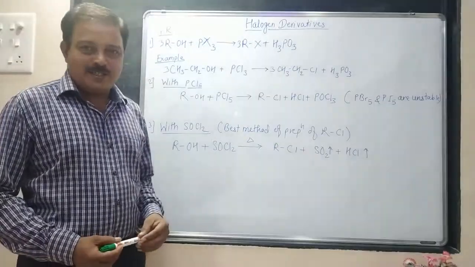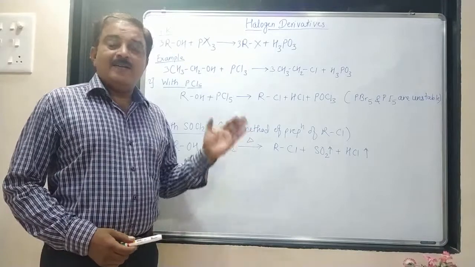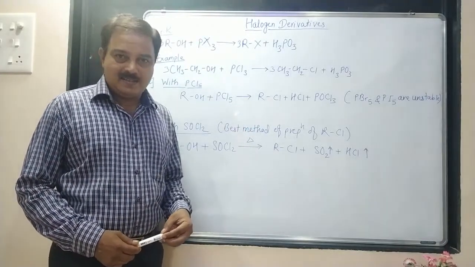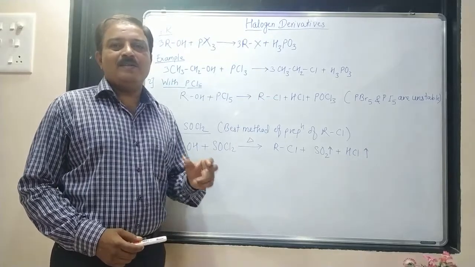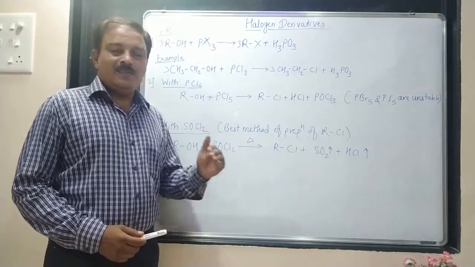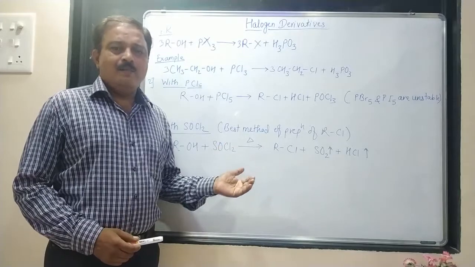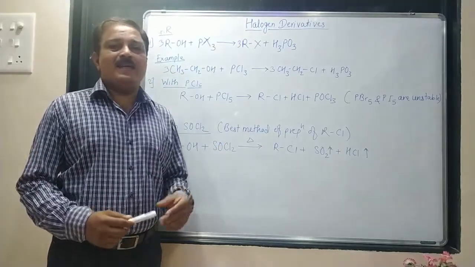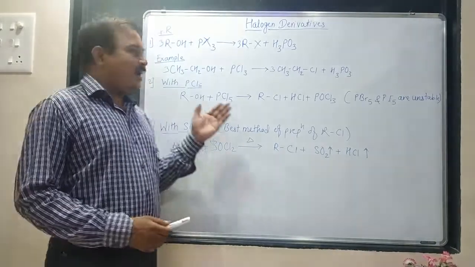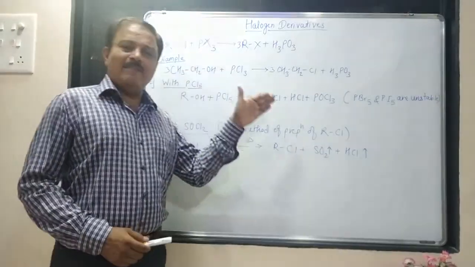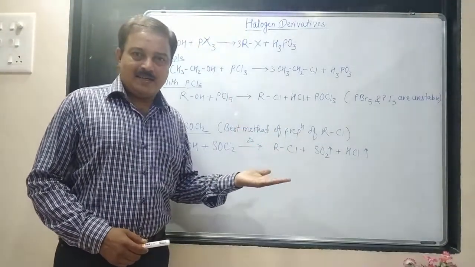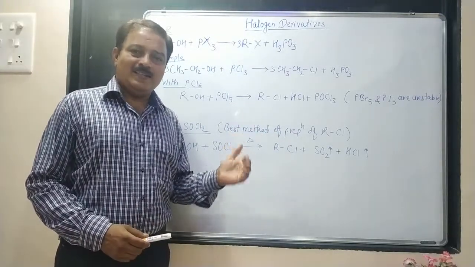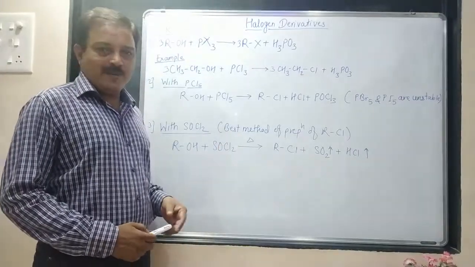Students, just now we have studied that a secondary alcohol can convert into a tertiary alkyl halide, and this is the drawback of some alcohols. This drawback is minimized by using phosphorus trihalide and phosphorus pentahalide as well as thionyl chloride, so that alcohols can be converted into different alkyl halides. One by one we will try to understand.